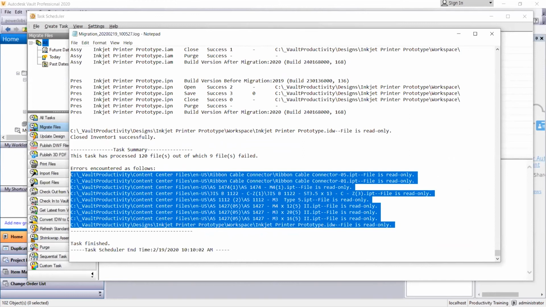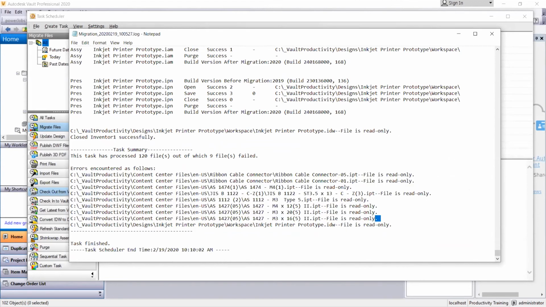So again, here we have the content center files. It downloaded them only as read-only because they're library files, and it pretty much stopped us from migrating them, which is expected if they are only read-only. So again, you just want to double check that these are expected errors, or if there's something that you can fix. This IDW one, I did not expect to be